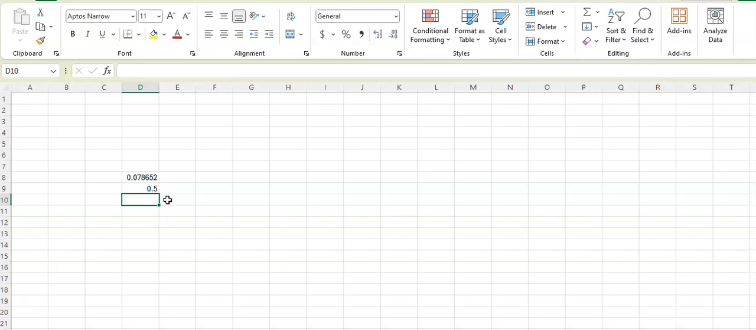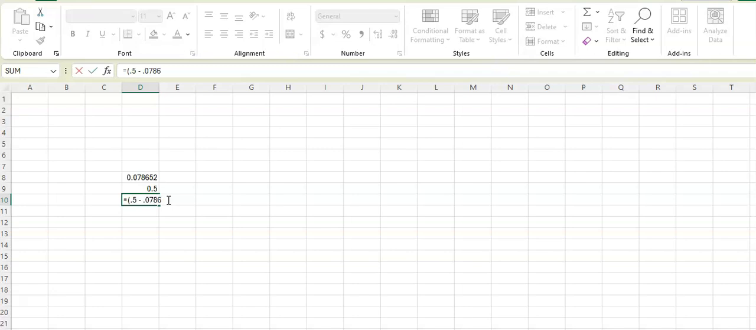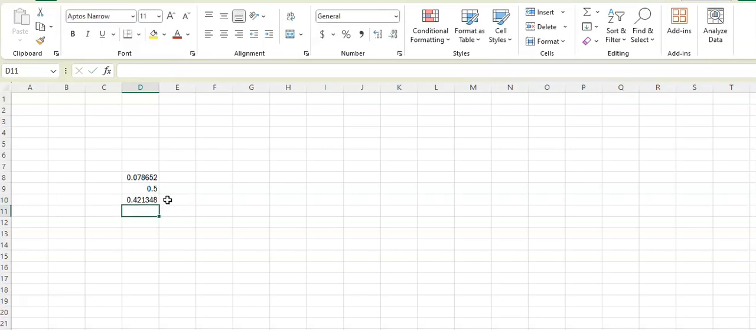But if we forget that, we can look up that z-score and we'll see that it's going to give us 0.5. So equal norm.s.dist. If I put 0 in and true, let's notice that it gives me 0.5. All right, now I want to subtract these two values to get my final probability. And to subtract, I have to use an equal 0.5